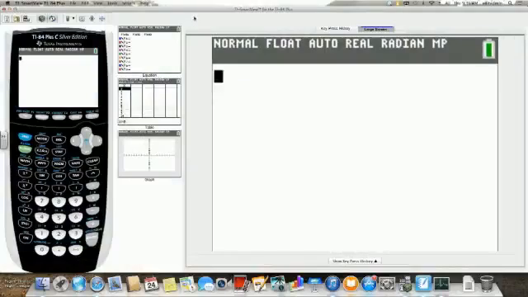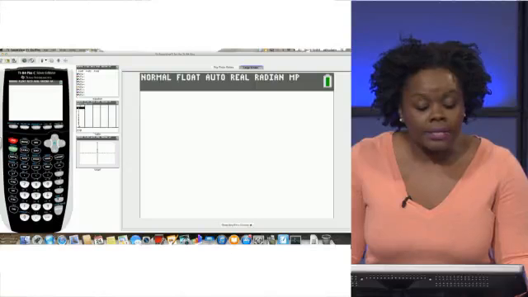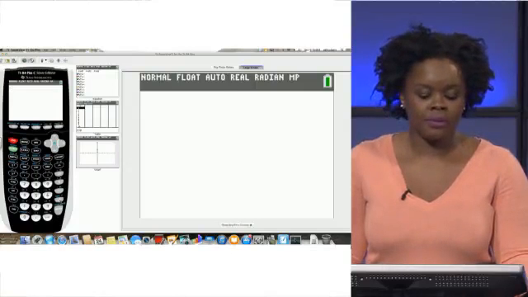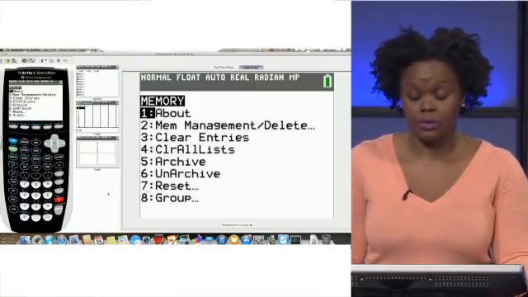Now, the first thing I always do when I get my graphing calculator is I clear the memory, because you don't know what was already in there, and you just don't want it to mess up what you're trying to do. So in this type of calculator, you'd press second up in the upper left corner, then hit your plus sign right here. Anytime you press second, it's going to give you whatever function is written above the button. So if you look above your plus sign, it says MEM. That stands for memory, because I want to pull up this menu that's going to let me clear the memory